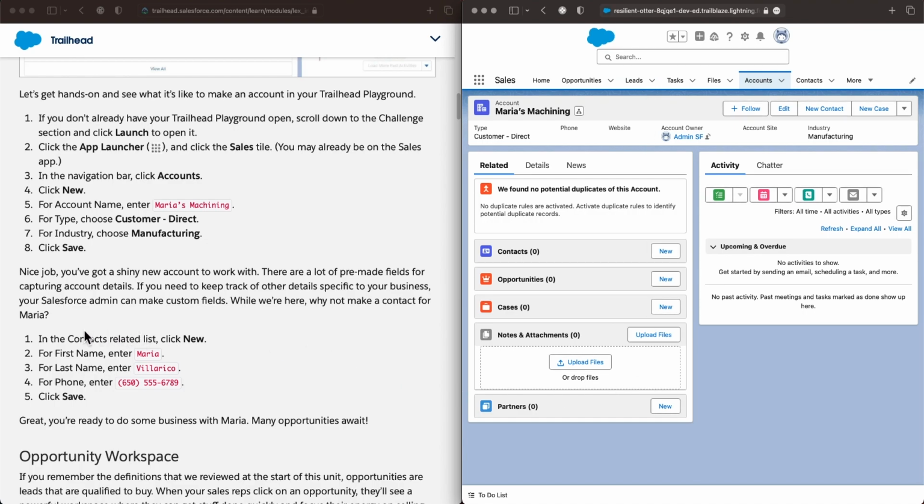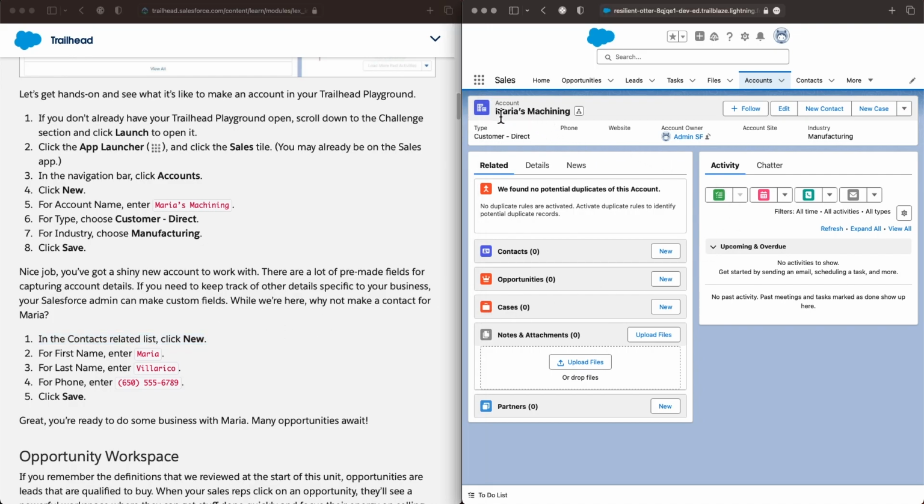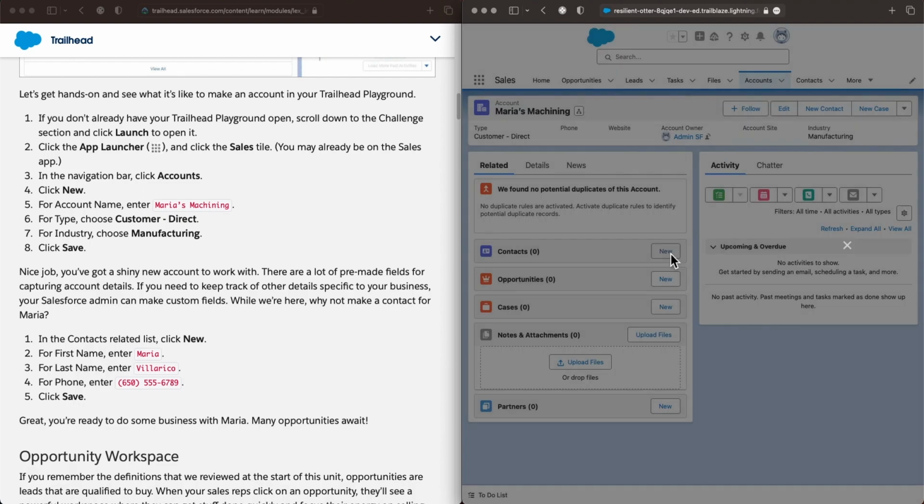So the next task over here is we create a new contact in the contacts related list. Inside Maria's Machining, as you can see right over here, we are inside the accounts, and inside accounts, we are in an account called Maria's Machining. There we create a new contact,